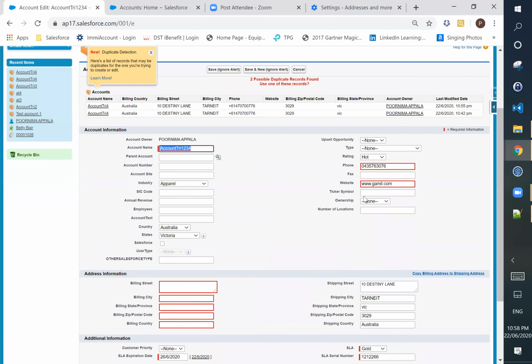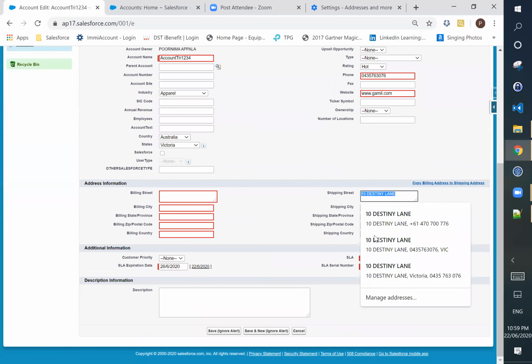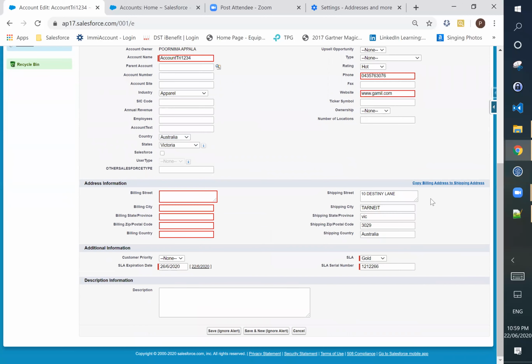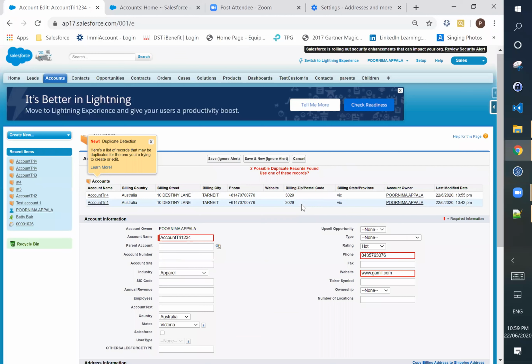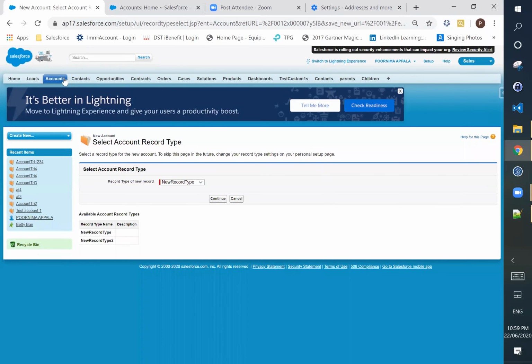It is actually finding the duplicate account. Save and new, ignore alert. Can we see an existing one as well, right? Yeah, you can.